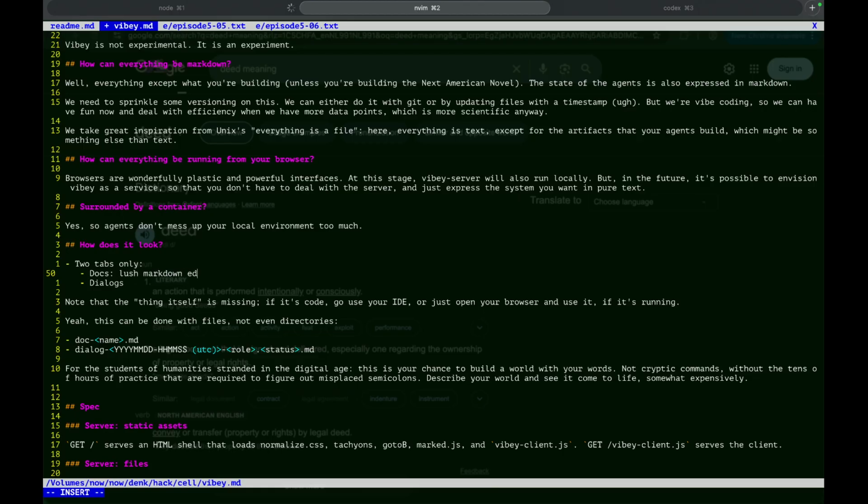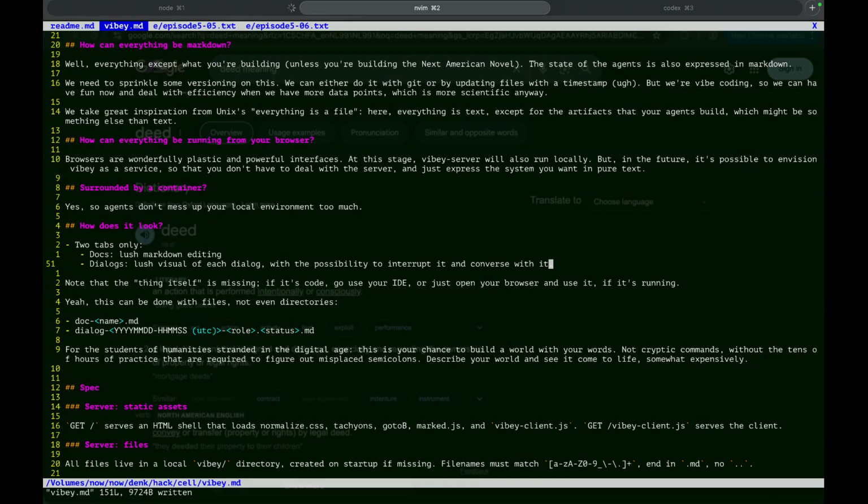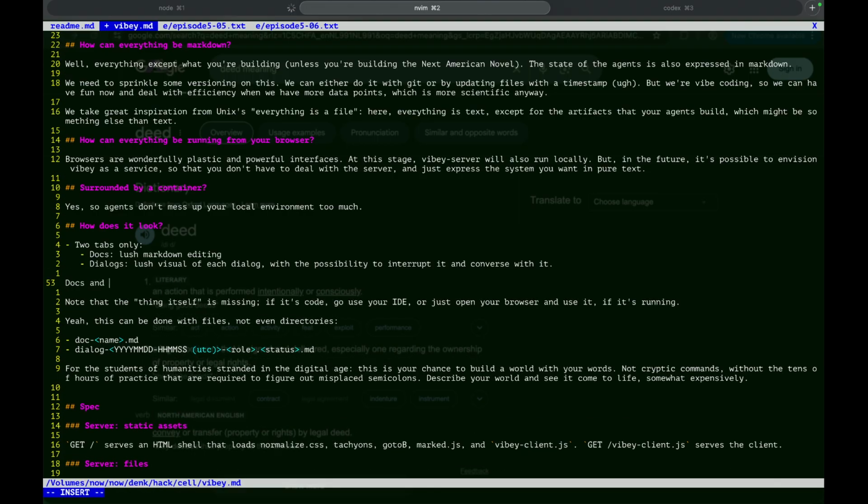Lush markdown editing, lush visual of each dialogue with the possibility to interrupt it and converse with it. Docs and dialogues are just markdown files in VIBEY.